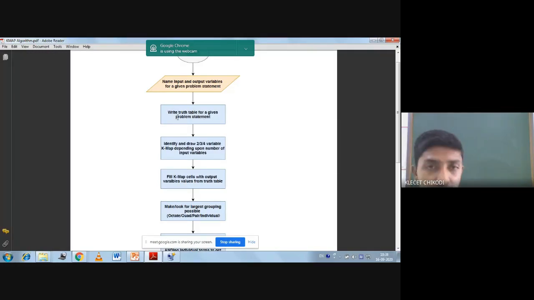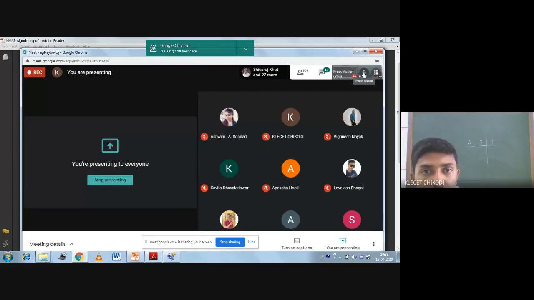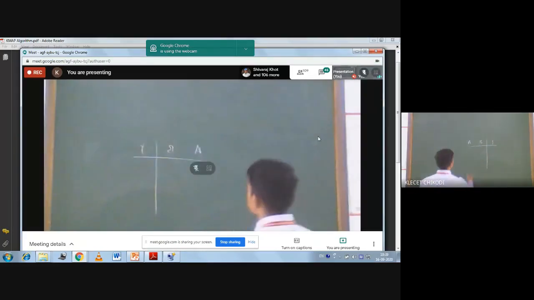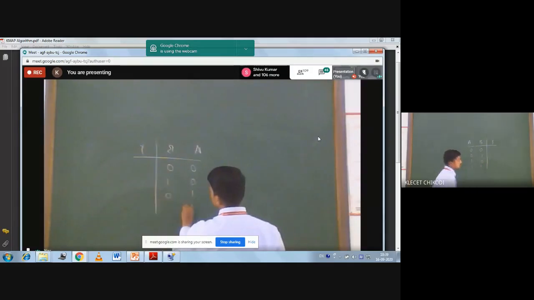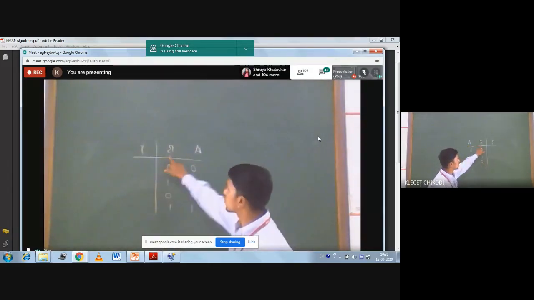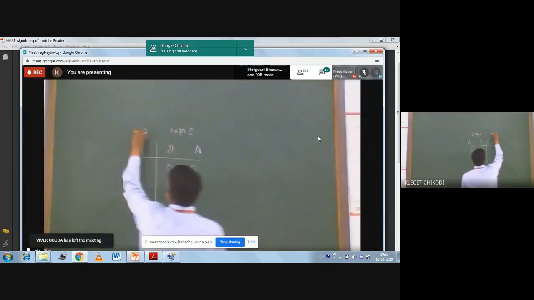So if you consider the AND gate as the problem statement, the truth table will have A, B, Y. If you look at the blackboard here, for the AND gate, these are the input variables, and this is the output variable.